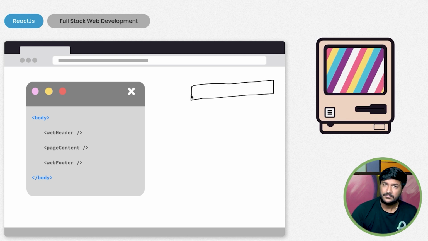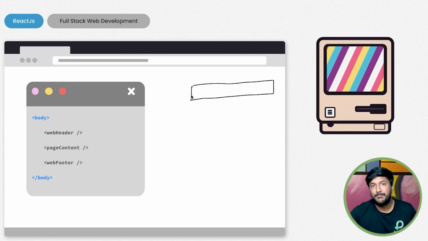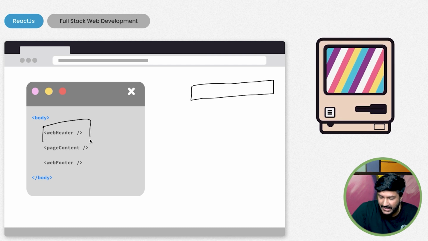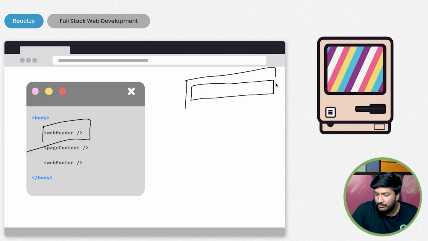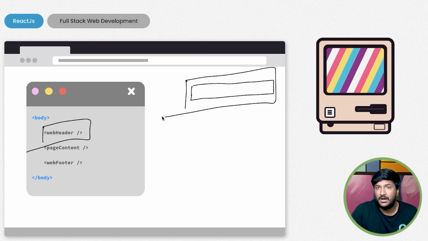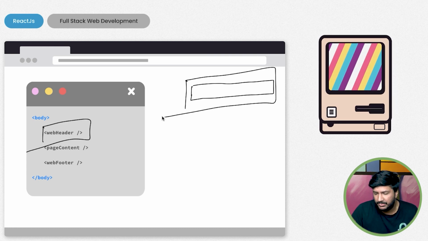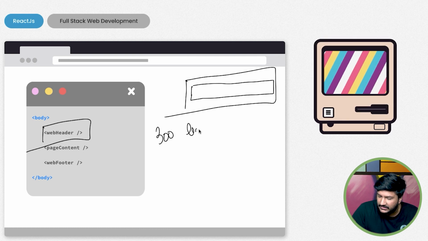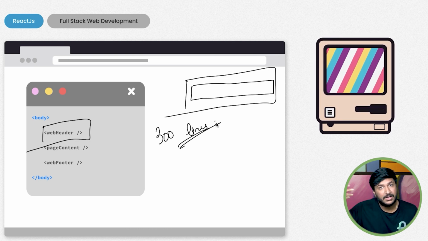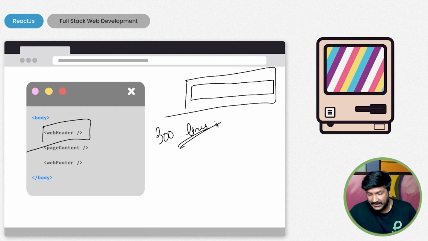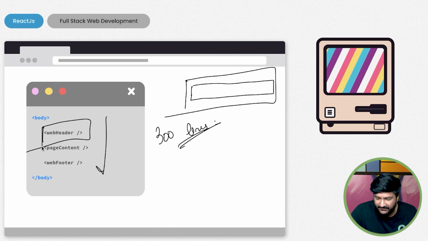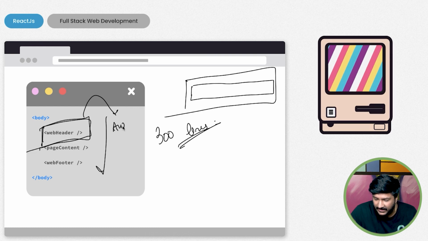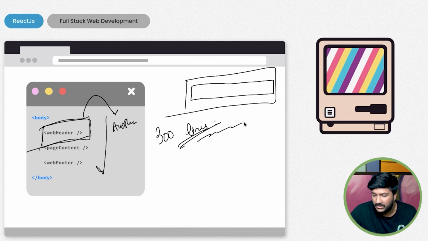And again, what you can do is break down the code also. So rather than writing, for example, this web header, that is the header component and even the top navbar component, you have to write like 300, 400 lines, but you write it somewhere else. In the actual body, you just give web header, and this web header would look in another file wherever those 300, 400 lines are.